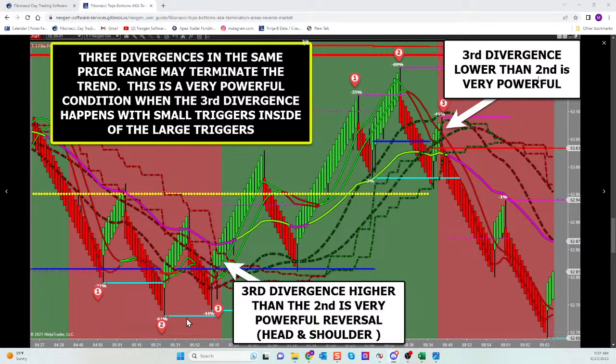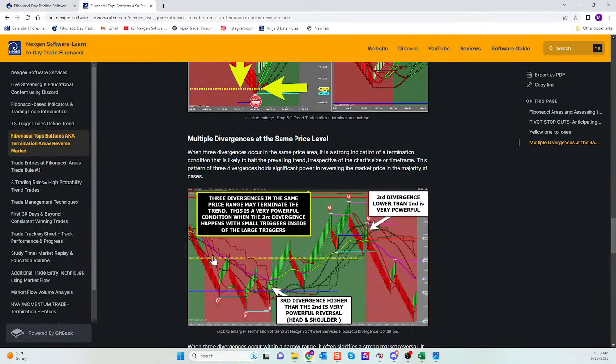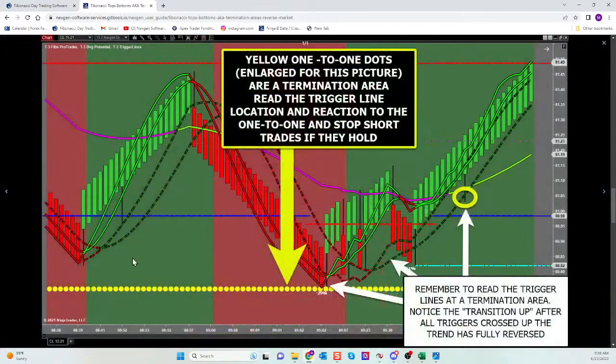Guys, you can add more fuel to the fire if that third pivot is higher than the previous from a low or lower than the previous from a high. It's a head and shoulders pattern. It means that not only are you losing momentum, but price can't even make it past the previous pivot. Guys, this look from a low and this look from a high is going to help you identify instances where this market might be reversing even though it hasn't reached a key Fibonacci area.